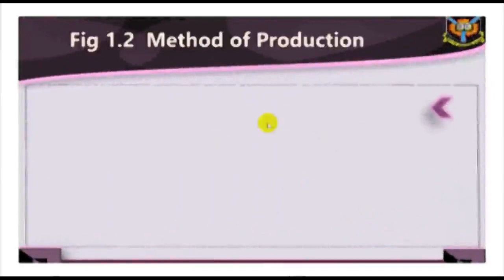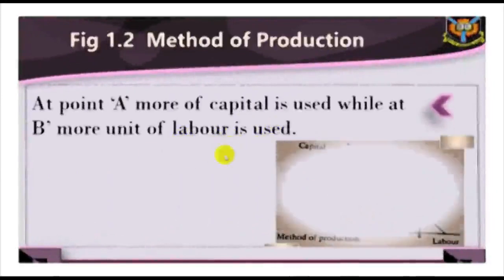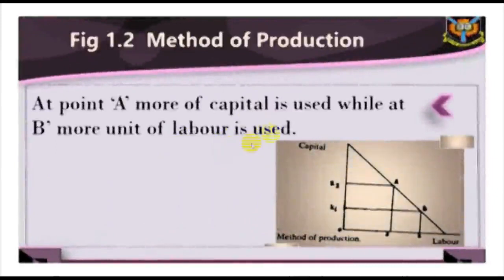A society may decide to use more of labor or capital resources depending on the proportion of the available resources at our disposal. At point A, more of capital is used, while at point B, more units of labor are used. Number 4,